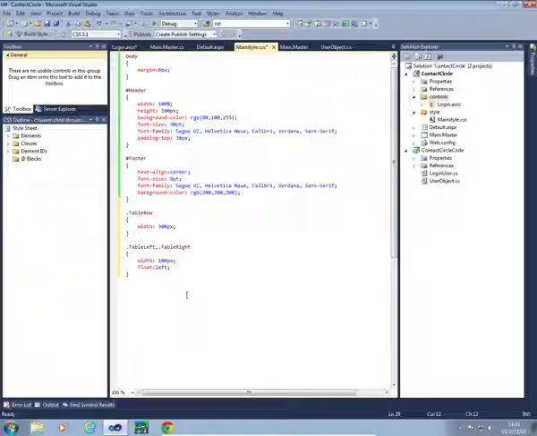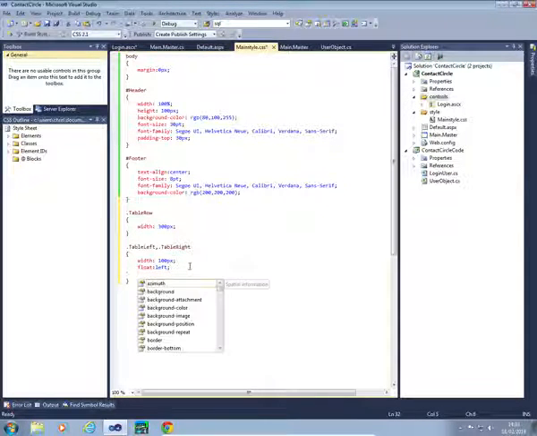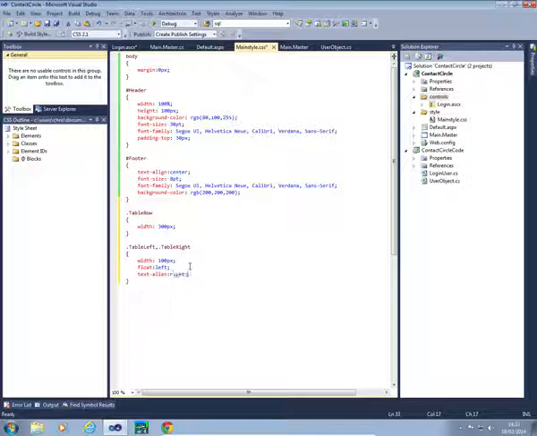So at this point, both table left and table right are going to have the same style, width 100, float left. And I'm also going to add in text align right, because I want my labels on the left hand control to be right aligned. But then I'm going to change some of those items for table right. So if I now set underneath the width